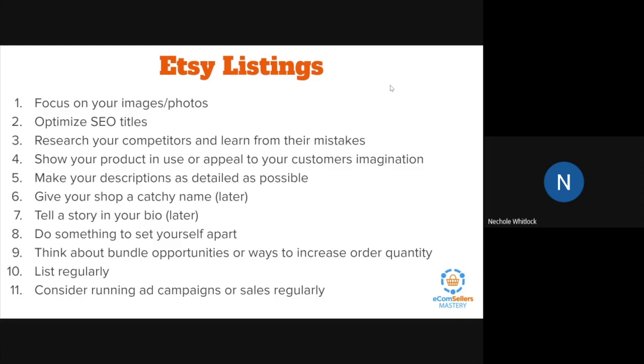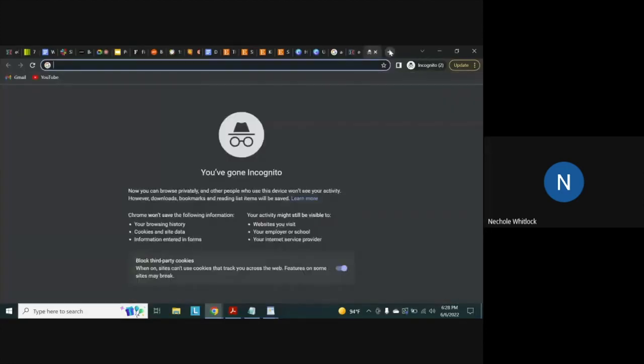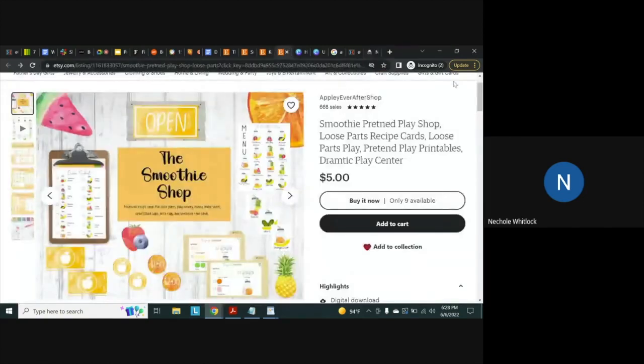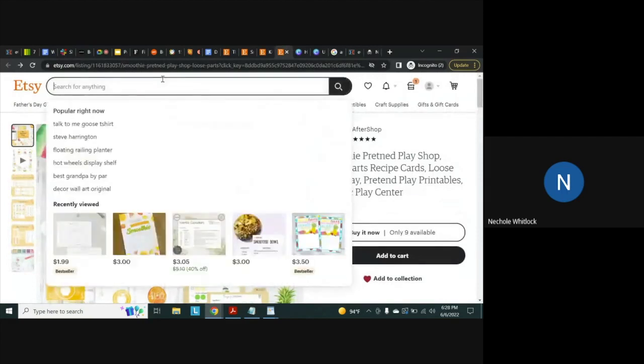You can also use eRank, and we're going to have an exercise on eRank by itself, or if you know how to use that, you can. One of my favorite hacks is to use Google. You can also use the search engine for Amazon, the search engine for eBay, or the search engine for Etsy. So if I start typing in Etsy, I'm going to choose something completely different, something I haven't looked up yet. So I am going to type in, I don't know,